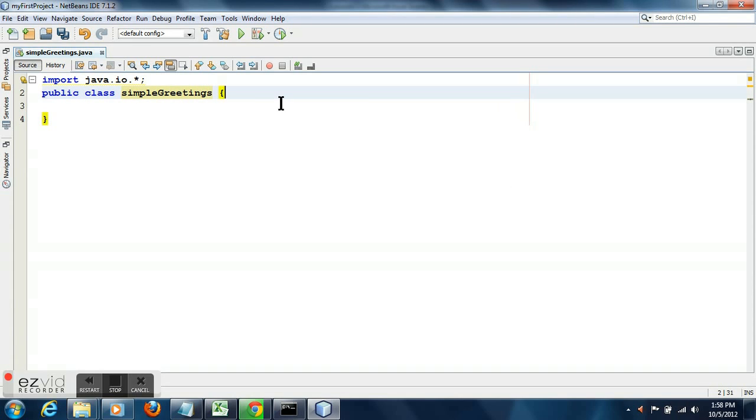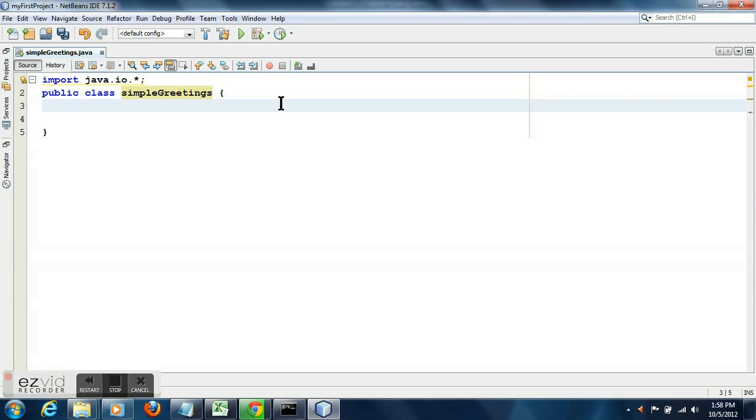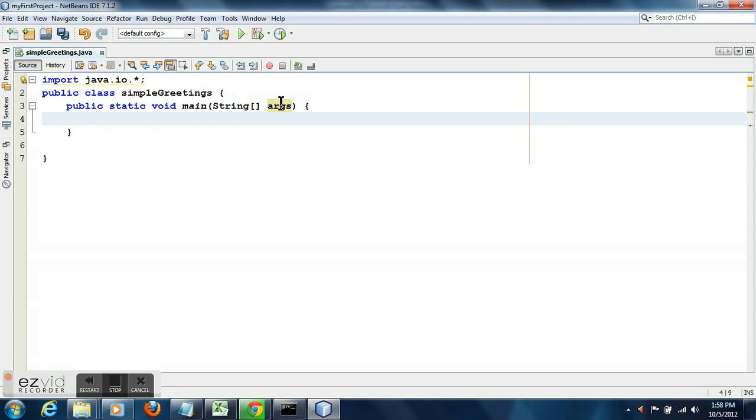Basically in this program, I'll write a simple program which will calculate the area of a geometric figure, for example a circle. I will use the same old name, simple greetings, even though this name does not make sense here, but the advantage is that I don't have to create a new file. Even though the program name is simple greetings, actually it will calculate the area of the circle.